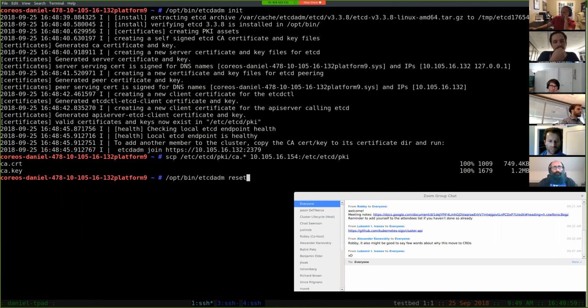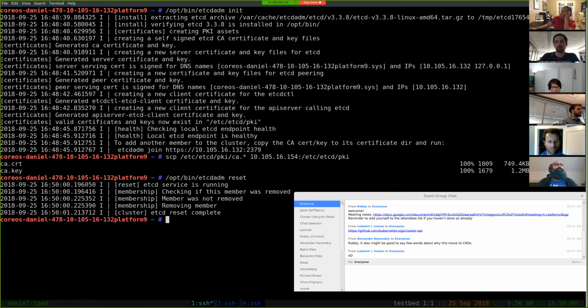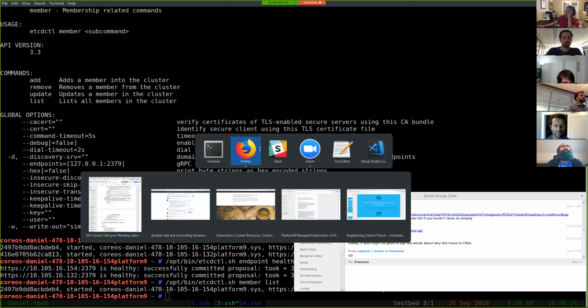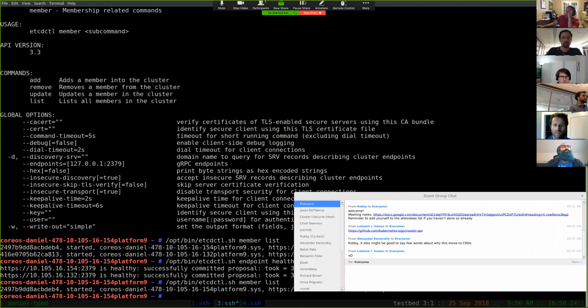Locally, it will call the etcd API, make the cluster reconfiguration or member API call, and then bring down all the local components. And this one should still be going just fine. So very briefly, that's what the tool looks like and what it's like to use. I'm going to stop sharing unless there are any questions about the demo.